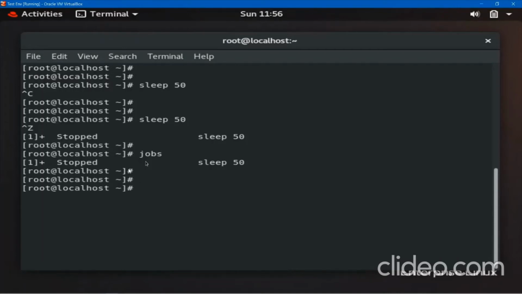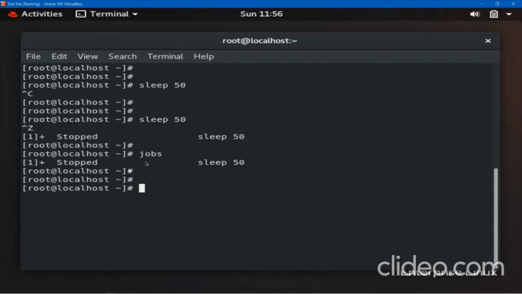So suppose you have kept your Linux machine open for 3 to 4 days, and you have done Control Z many times. What will it do, how will it impact your performance? When the program is paused, the variables and the data used in the program stay in RAM. RAM means random access memory. Suppose I have around 1 GB or 2 GB of RAM. So it will consume your RAM.